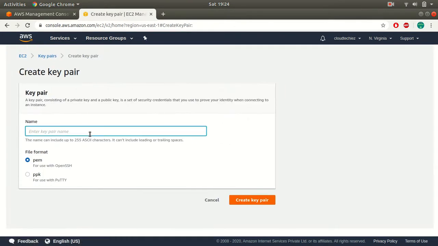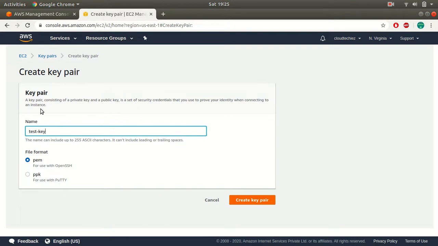You can give a name, so let's say test key. Now if you are used to this AWS account, earlier we did not have this PPK option, and if you have gone through my previous recordings, we used the PuTTY application to convert this PEM file to a PPK file.